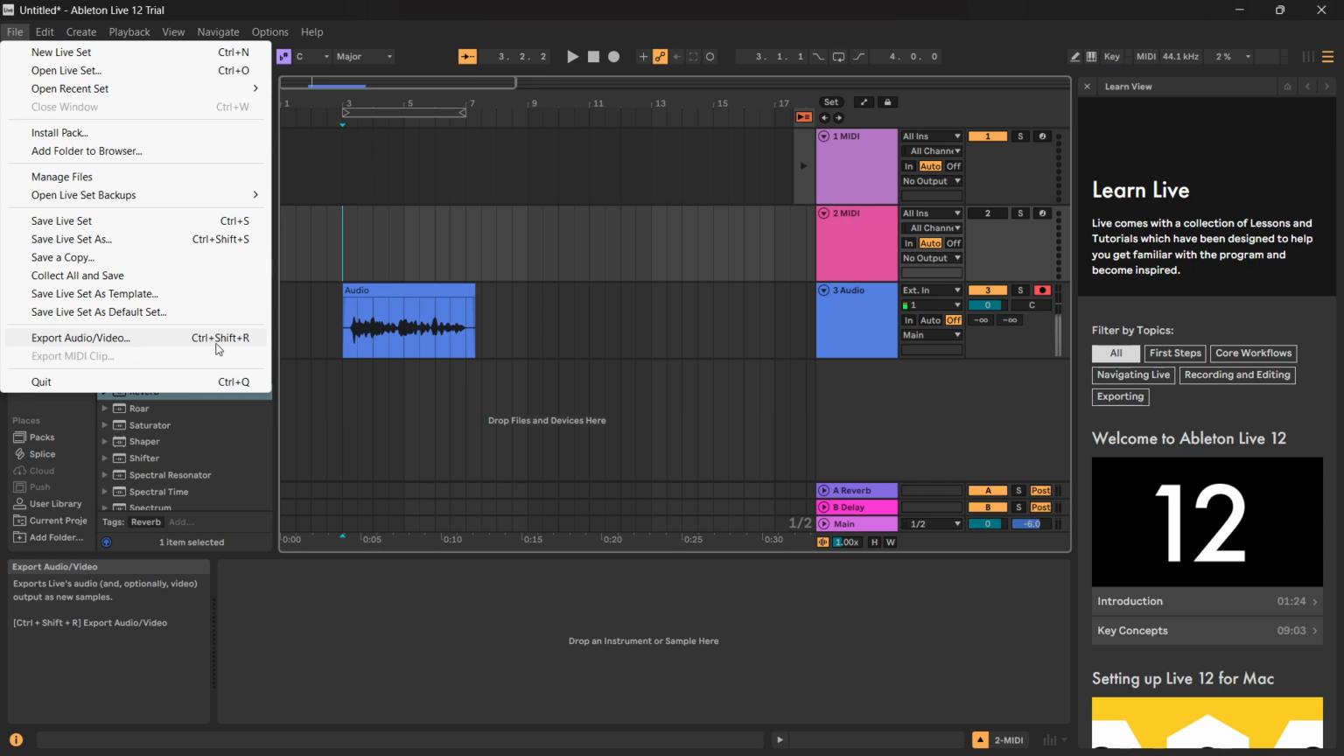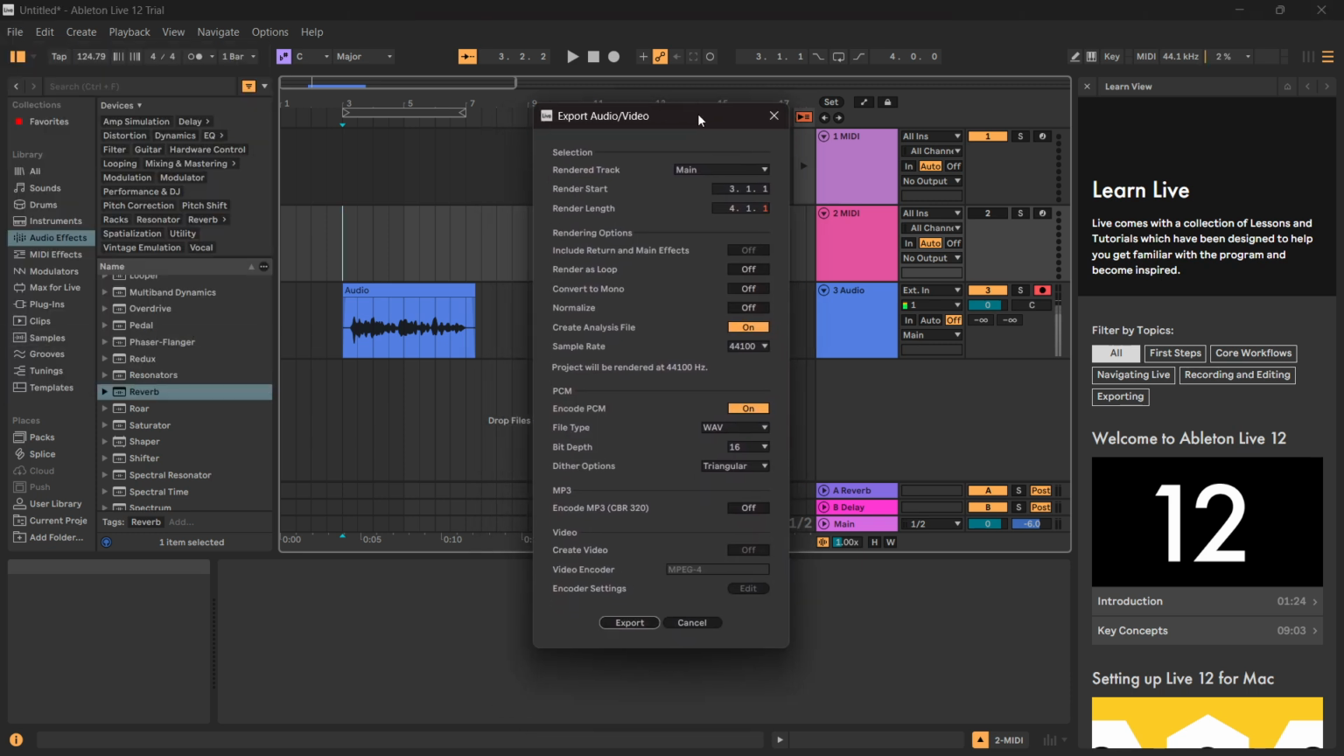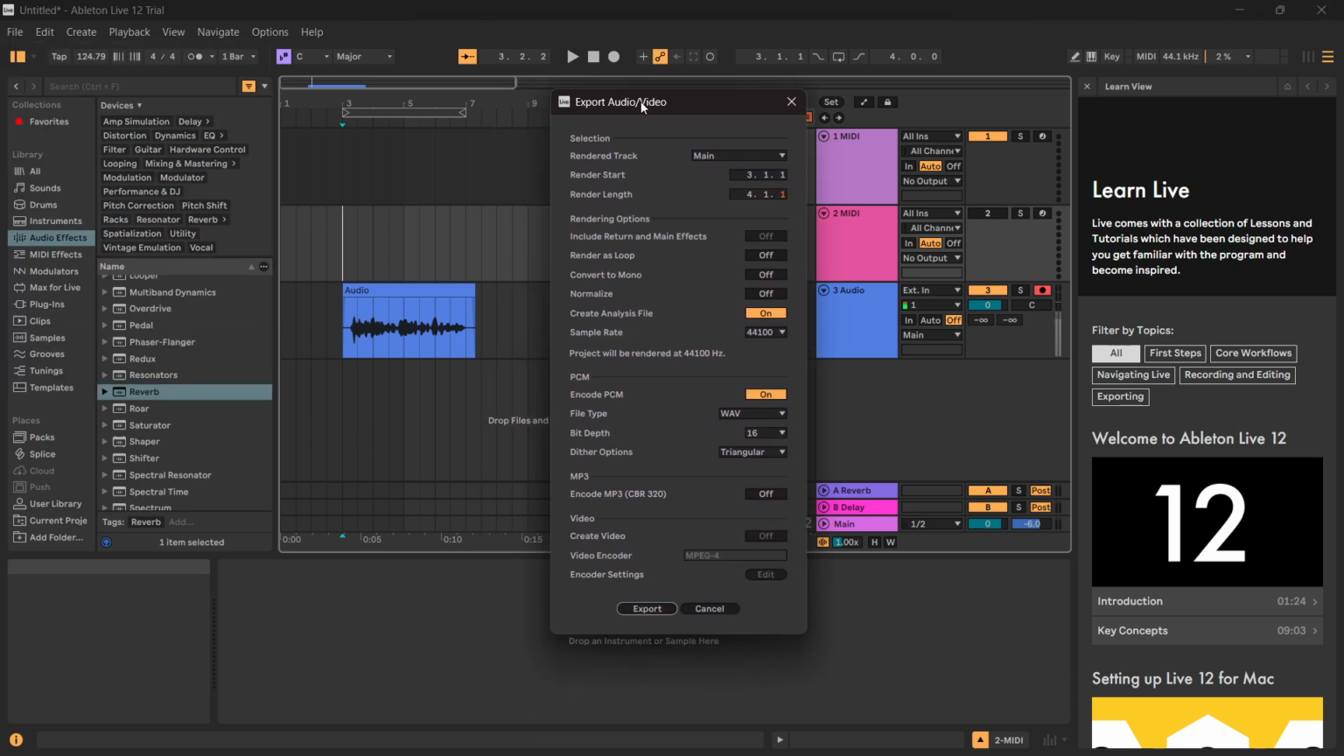You could also use the keyboard shortcut if you want to. It's Ctrl plus Shift plus R, and both are going to open up this window over here, which is the export window. Now you can then go ahead and select your selection over here and change all of these options on here,